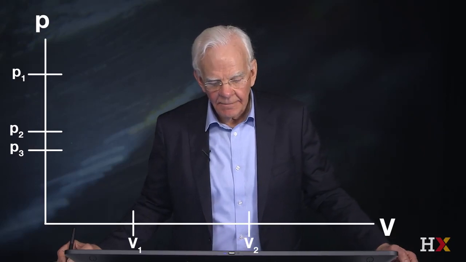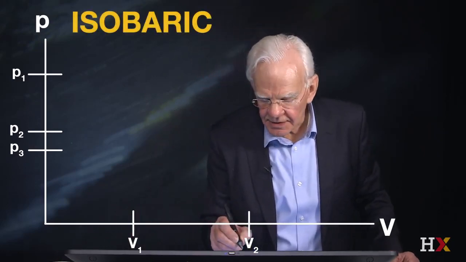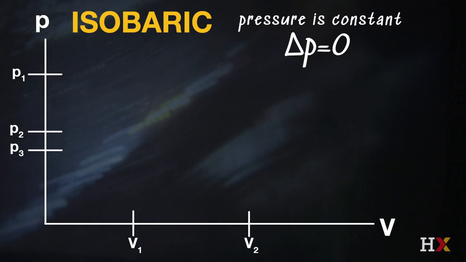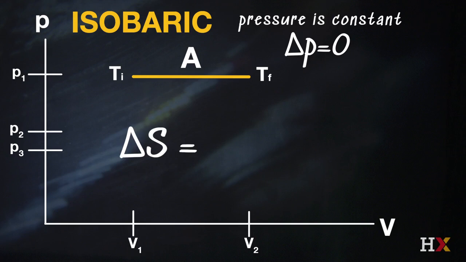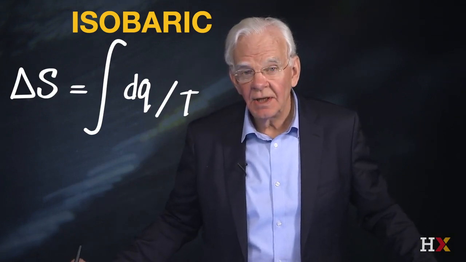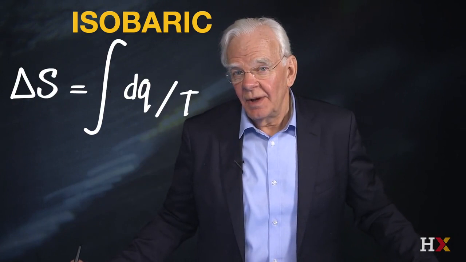So let's take the isobaric case first. Isobaric means that the pressure is constant, which means that delta P is equal to 0. And we're going to designate this as pathway A. Now, along the isobaric path, we calculate delta S using our macroscopic formulation as delta Q divided by the temperature along that pathway. But we know how to calculate the integral of dQ over T because we've developed a great